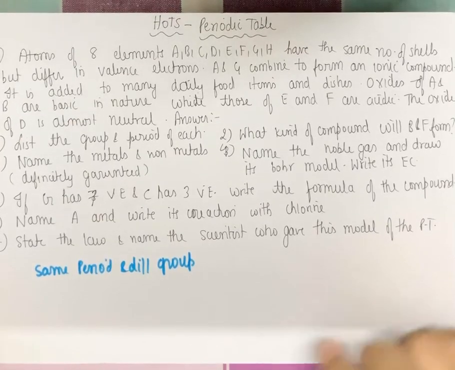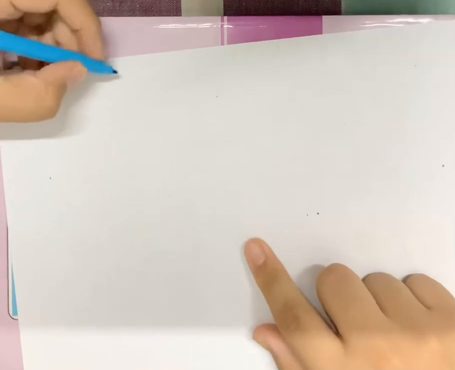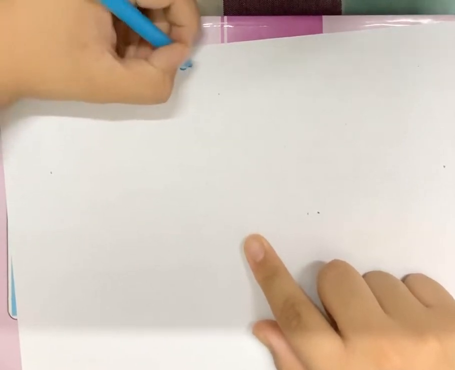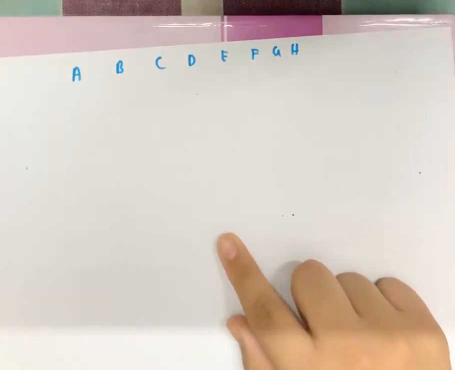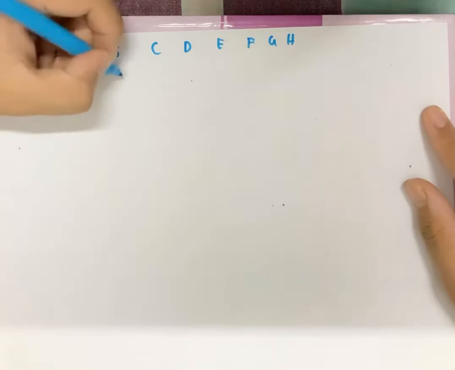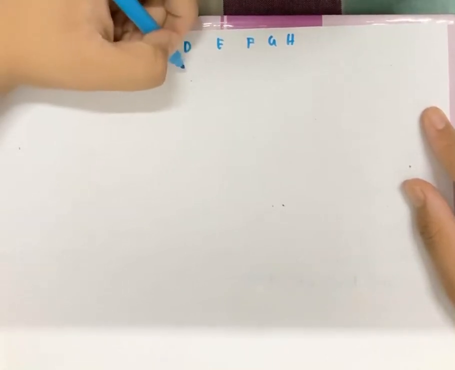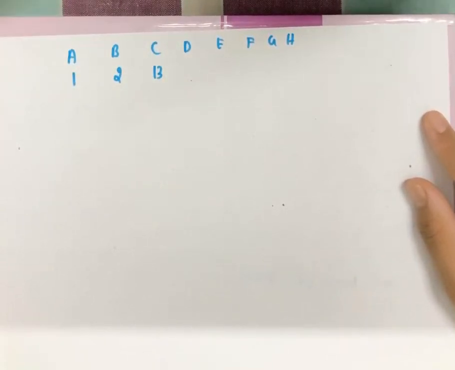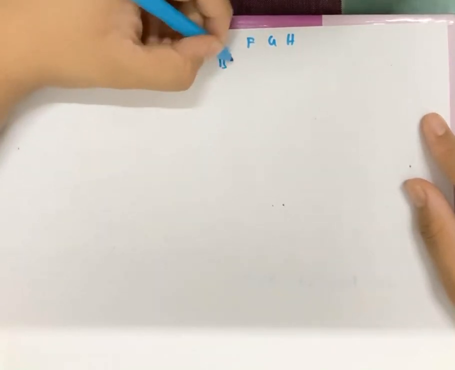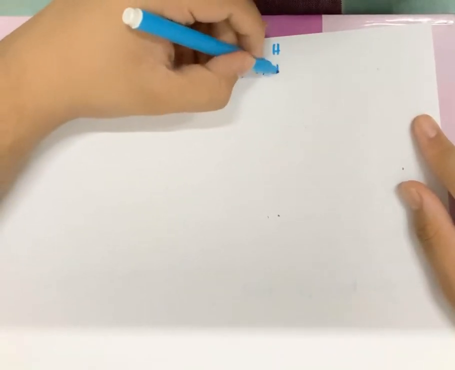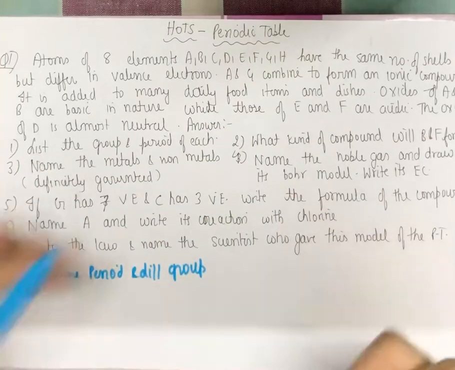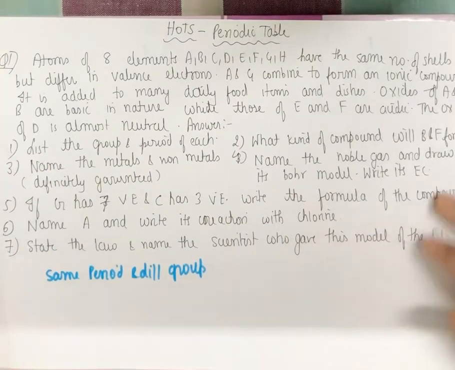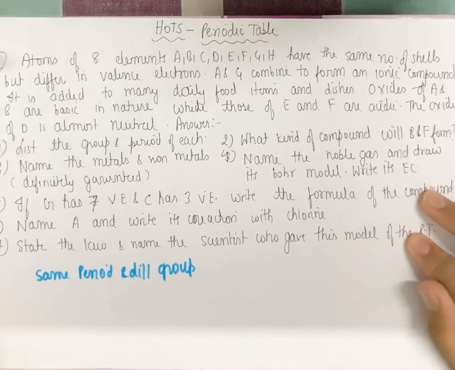यही पता है हमें. इसका मतलब these are like this: A, B, C, D, E, F, G, H. ग्रुप्स कितने हैं? ग्रुप 1, ग्रुप 2, ग्रुप 13. हम इनर ग्रुप 2 3 से 12 तक की बात नहीं करते हैं. ग्रुप 14, ग्रुप 15, ग्रुप 16, ग्रुप 17, ग्रुप 18. This is sure. So this we get. Now let us take a look at the question. This was just general information. The first question here is: list the group and period of each element.